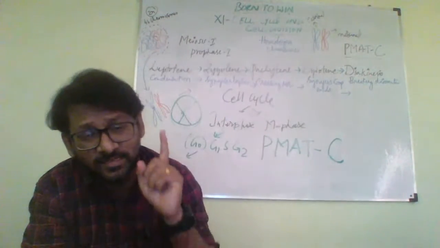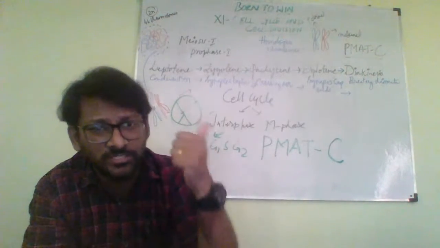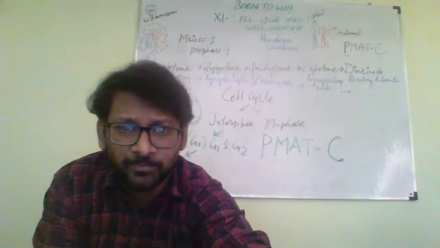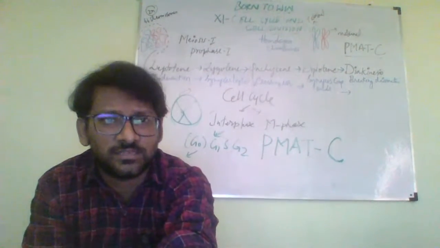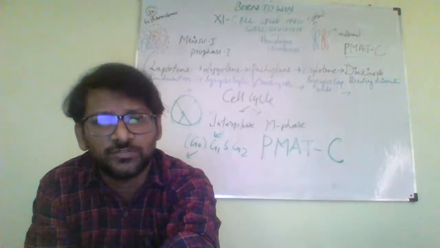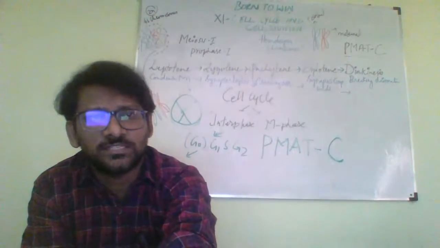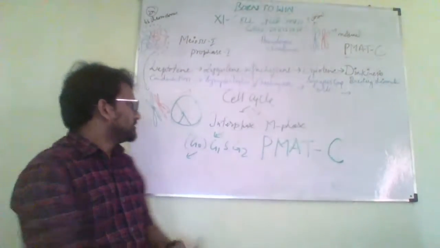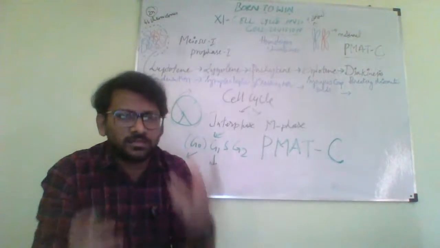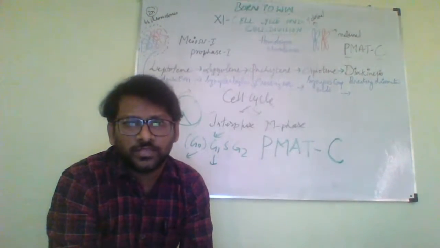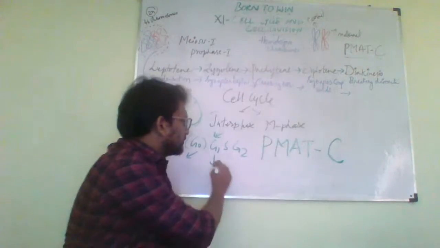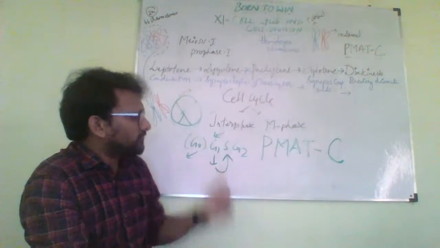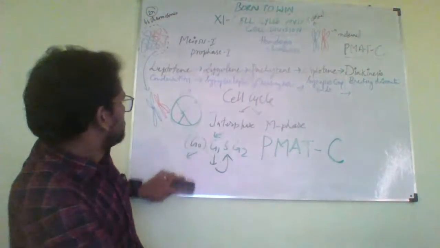So that's why the cell cycle regulation and its events, especially the G1, S, G2 phases, are extremely important. You should be carefully focusing on them, right? So if you see each phase, what exactly happens in G1, G2 and S phase. In G1 phase, the cell would be most metabolically active, and it will prepare itself to enter into the S phase, right? So this G1 phase cell,